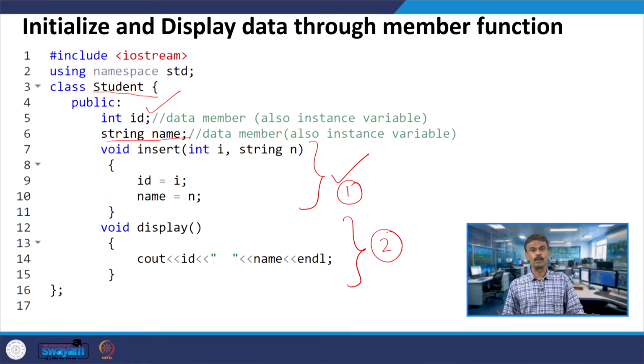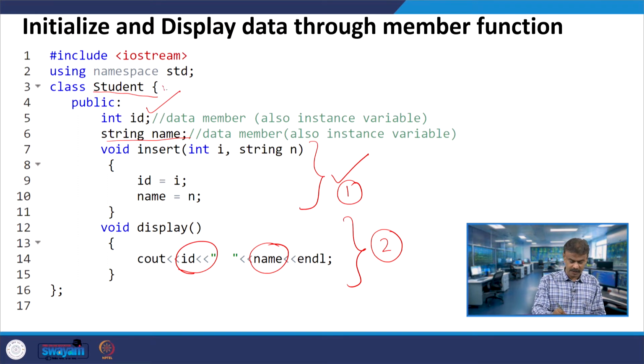The display will display ID and name using cout. This is what we have written in the class. So, you have two member data, ID and name, and you have two member functions, which are insert and display.